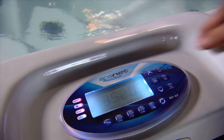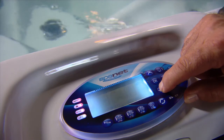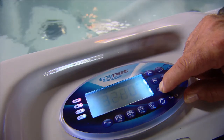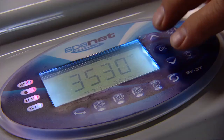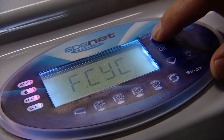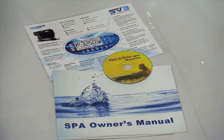To set the temperature, select the STMP option on the main menu, or just push and hold the up and down buttons on the right-hand side of the screen until the numbers change. There are other non-essential settings and features which can be managed through the main menu. These features and how to modify them are explained in detail in your manual and on the DVD supplied in